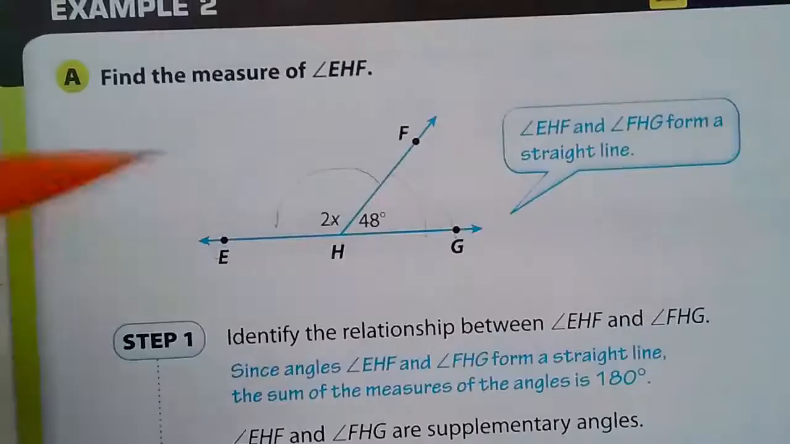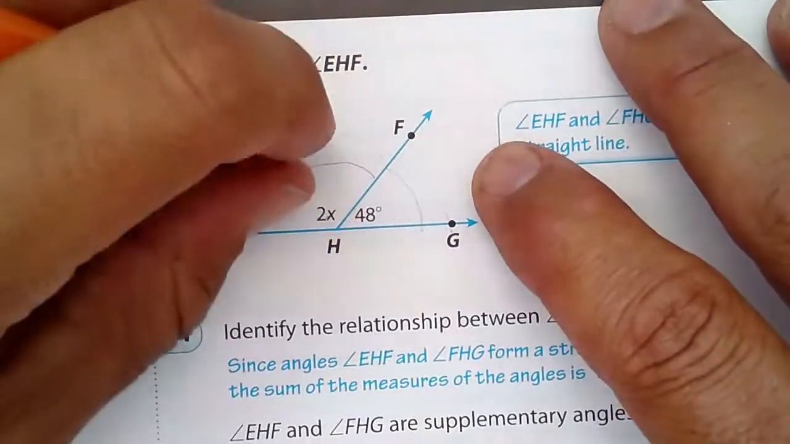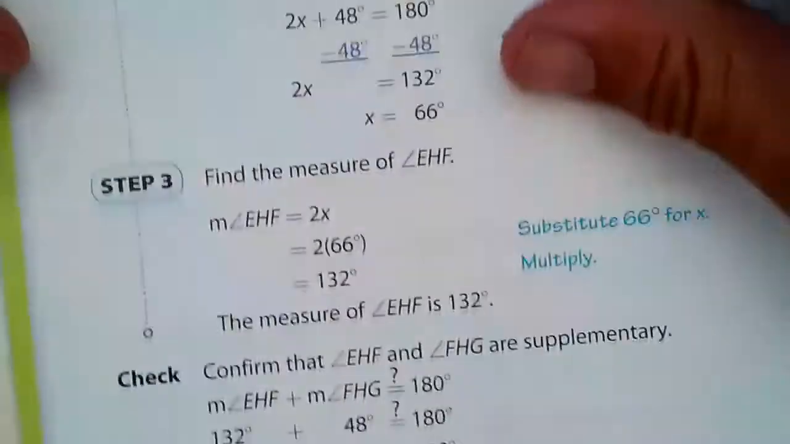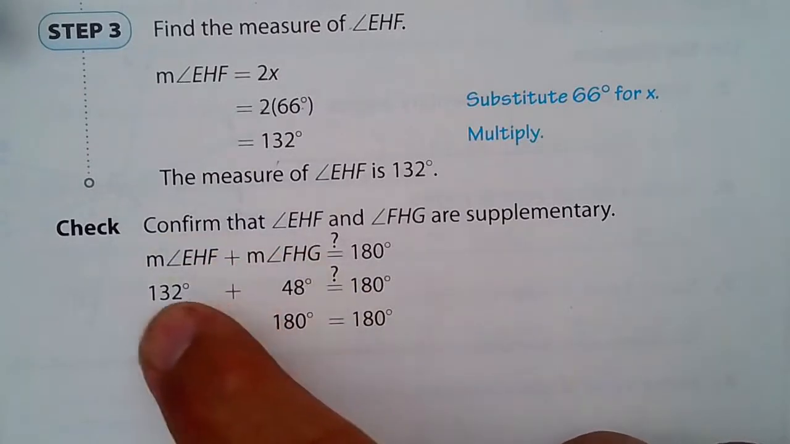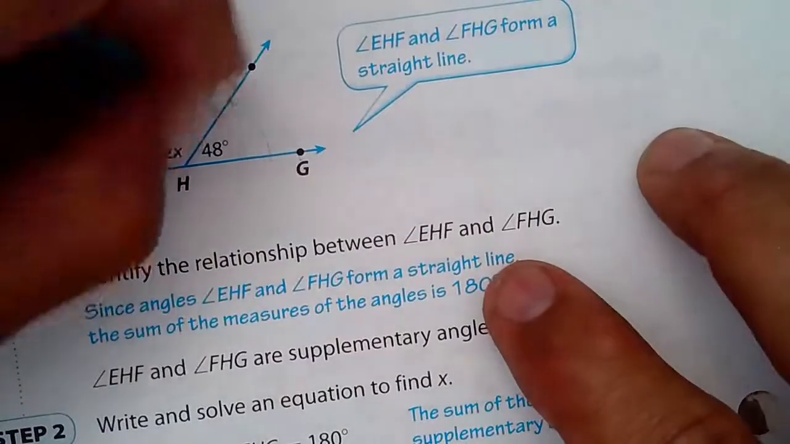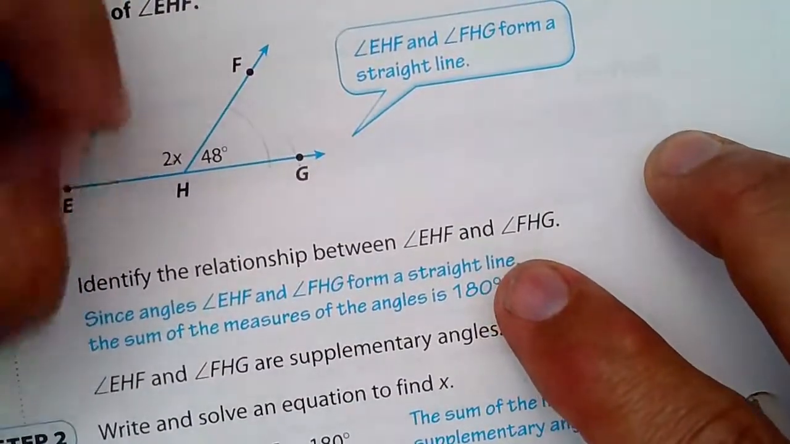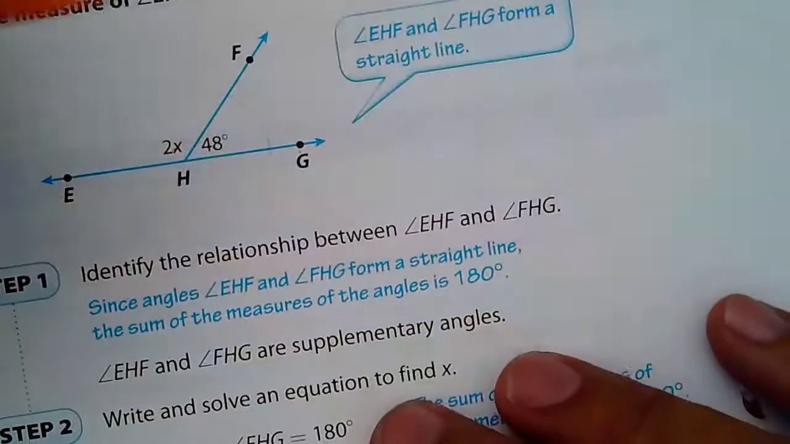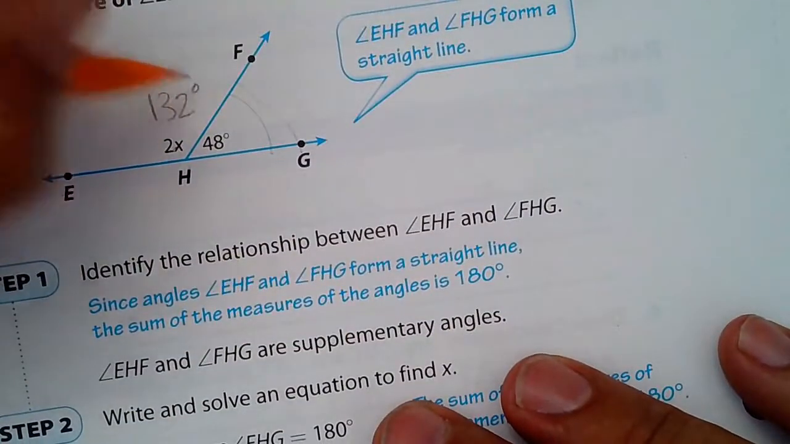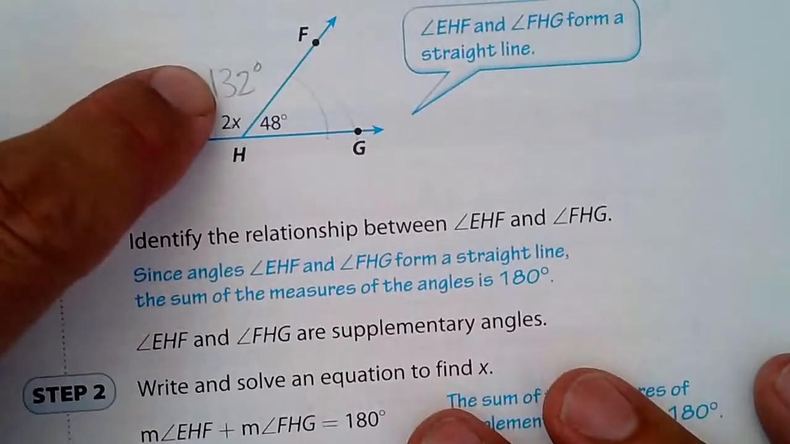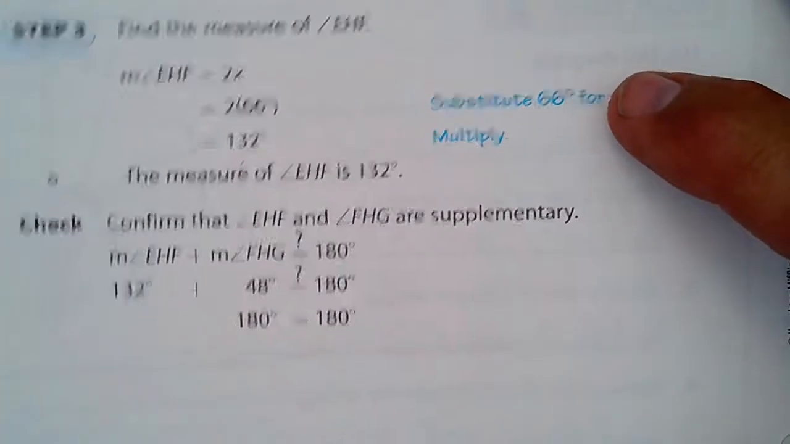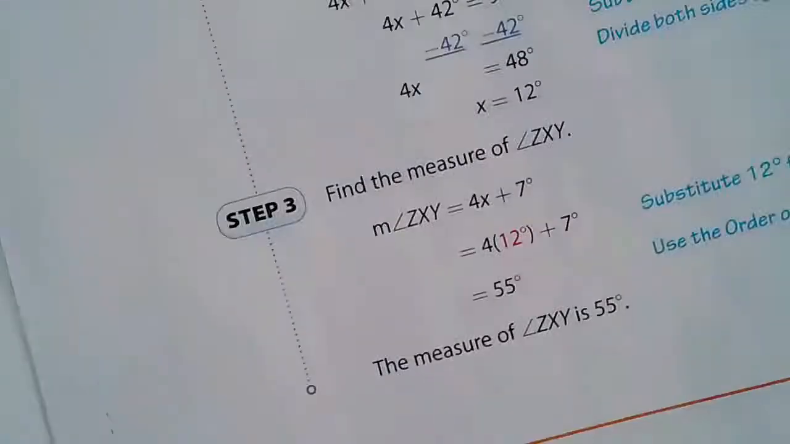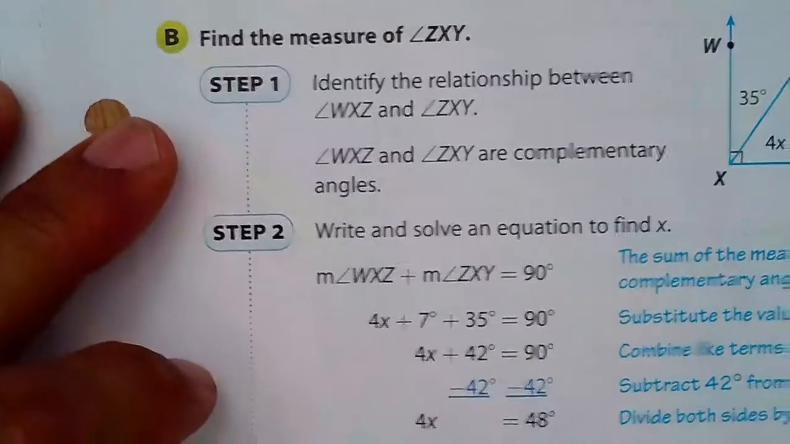And so now we know that, and then we could check. So we could check this right here. The check here, 132 plus 48. So we are saying that this is 132 degrees. And to check, if I add this plus this, that should equal 180, and it does. Okay. In example B, part B here,